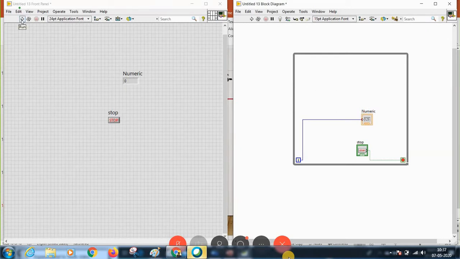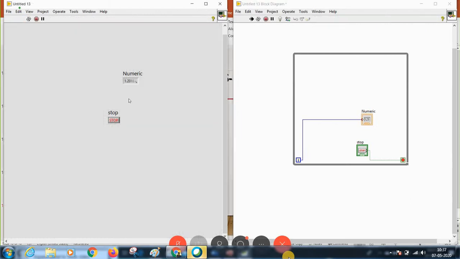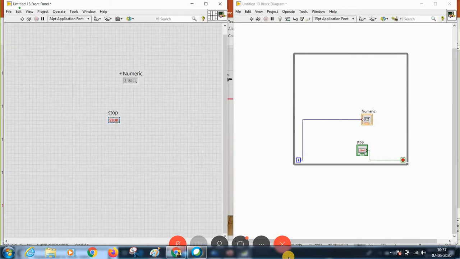So let me run it with the run once button. You can see the numerical value is incrementing, the iteration is going on. Once I press the stop button, your while loop has stopped.